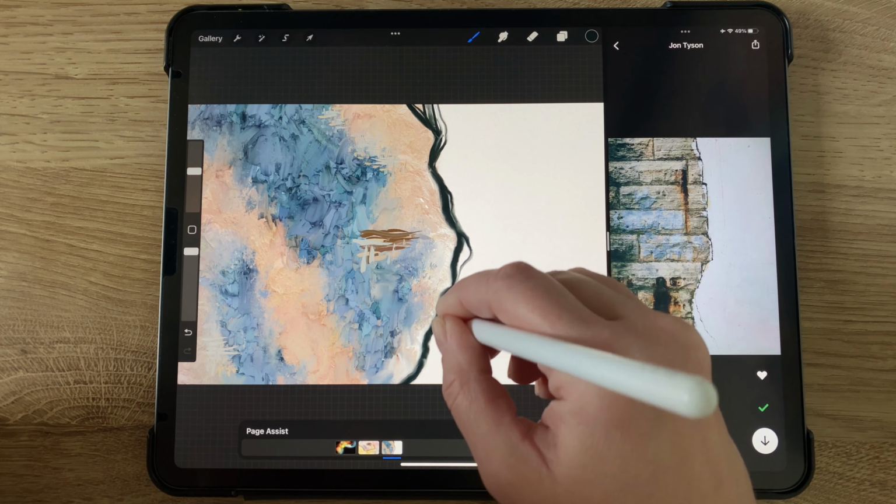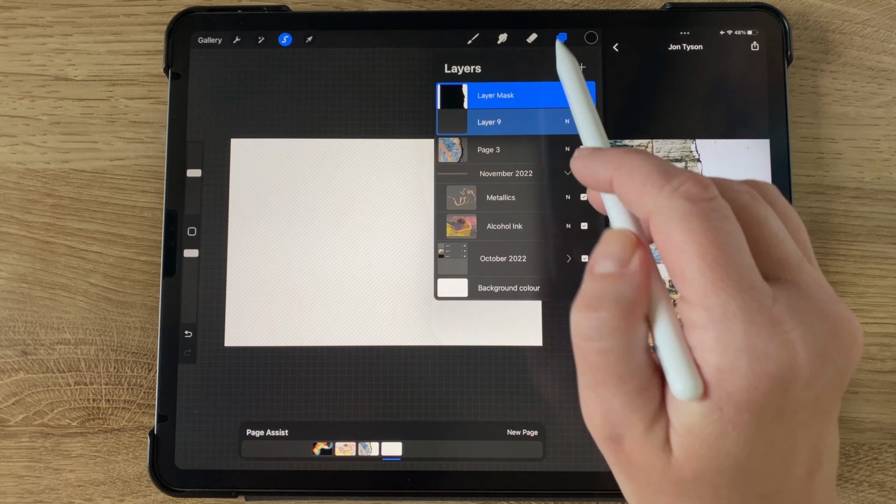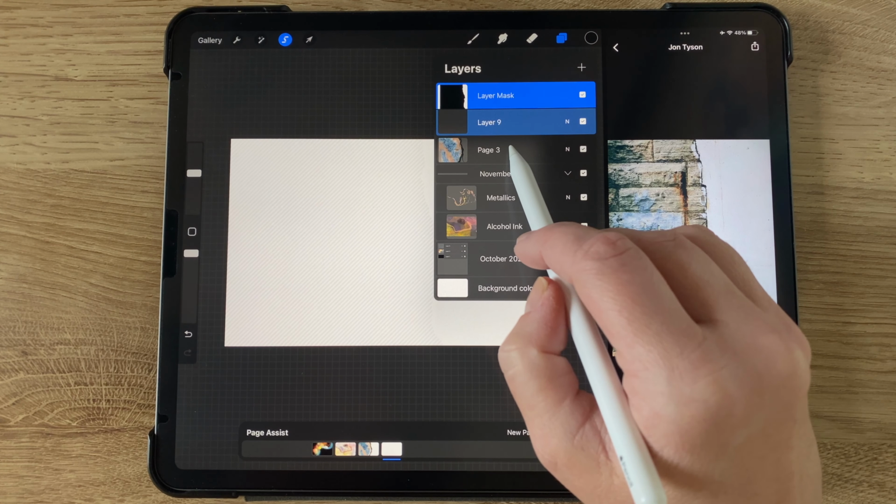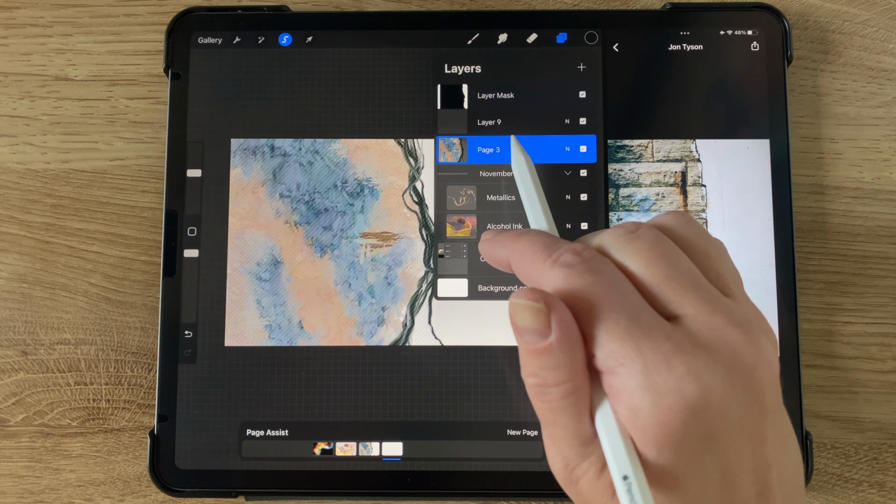So now, in order to have a little bit of texture only on the right side, I went to the selection tool, which is the ribbon tool, and went to automatic, and then tapping on that white space, I can slide left and right to change the threshold at the top. And so I selected a threshold that seemed right and then added a new layer, and that selection is still active. So I tapped the layer and tapped mask. So now that layer is masked to that spot. So it's kind of like having a cutout of paper where you're only going to be able to paint in the area that's cut out.